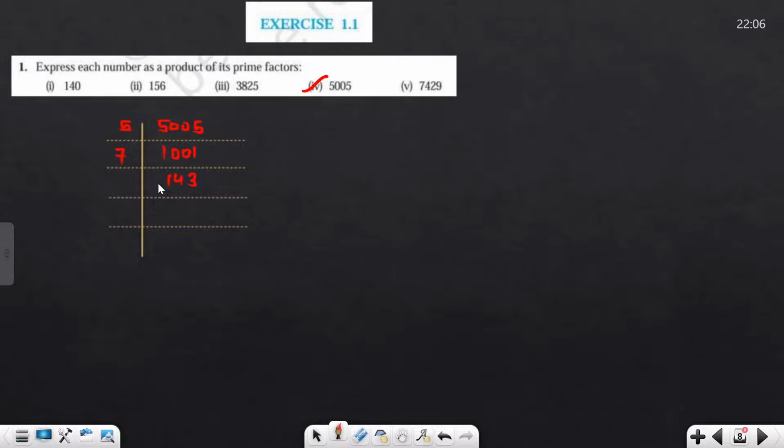After that it is not divided by 7, 7 2 is 14, 3 remainder, so it is divided by 11. 11 1 is 11, 11 3 is 33, and 13 is a prime number, so it is divided by 13. So